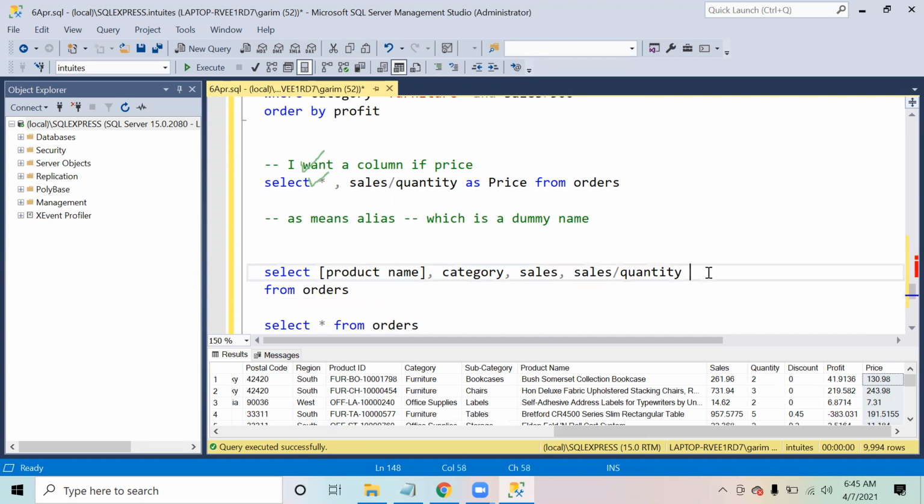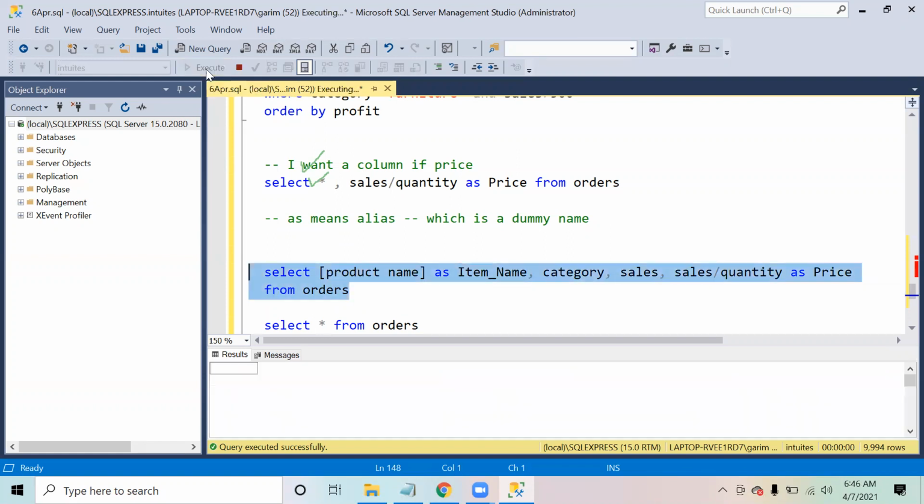Now I'm calling this price. What you can also do is, if I say product name as item name, for the output it is going to rename the product name column as item name, like a dummy name.